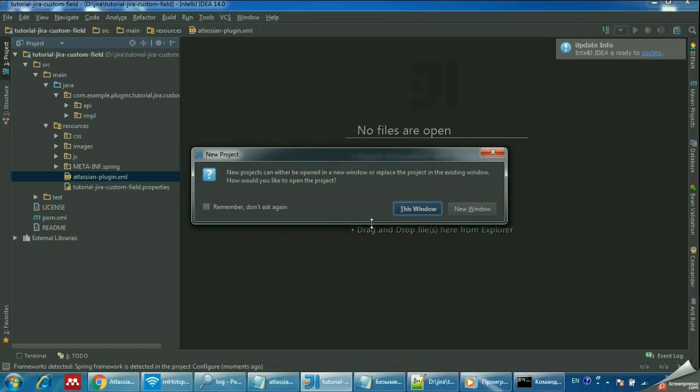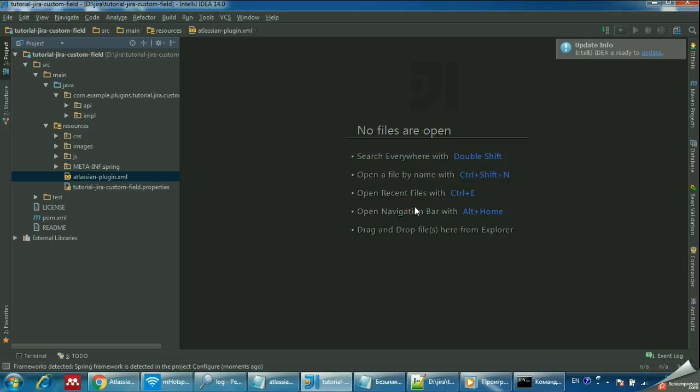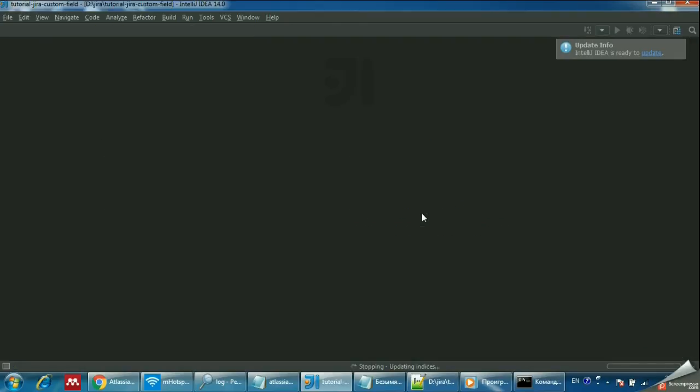So yeah, okay, so what IDEA is going to do is open this project file created automatically by the platform,